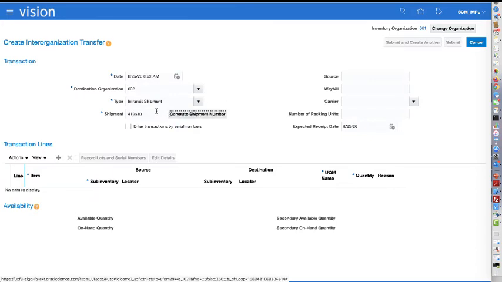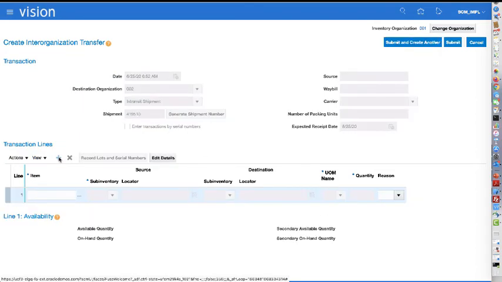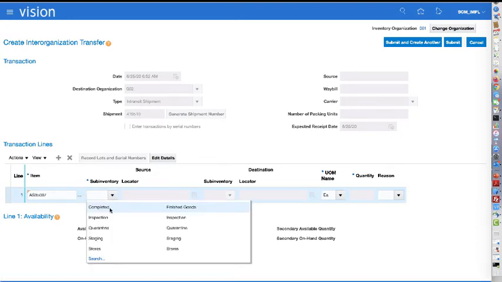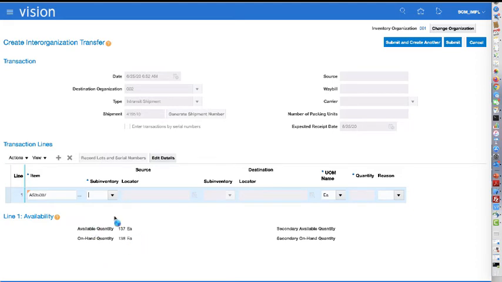That's going to be an in-transit shipment. So the shipment number can be provided manually or it can be generated automatically. And then I create the line item, I specify the item, and I specify where I need to pick it up, from which sub-inventory. So here we're going to take it from the store,